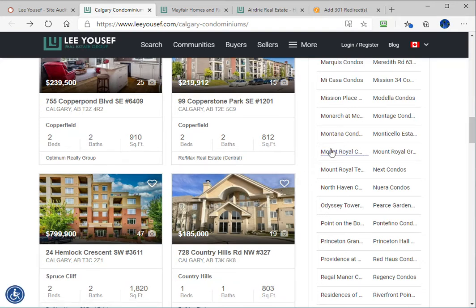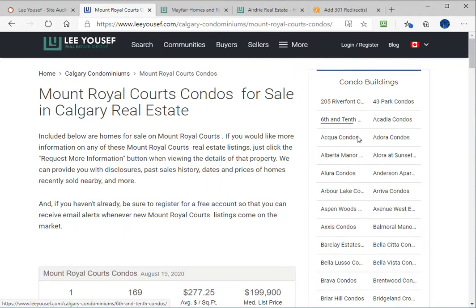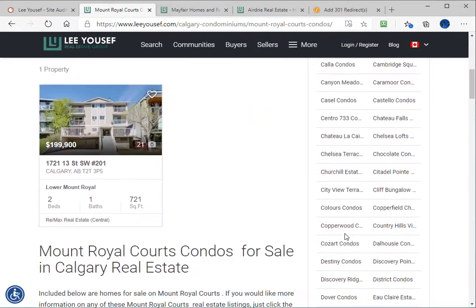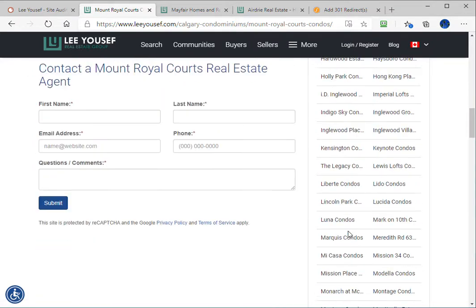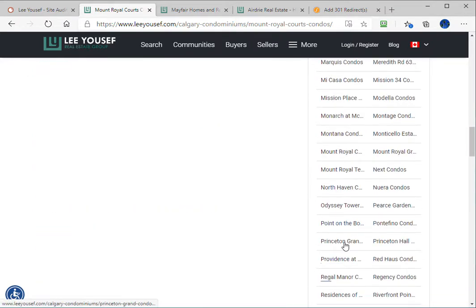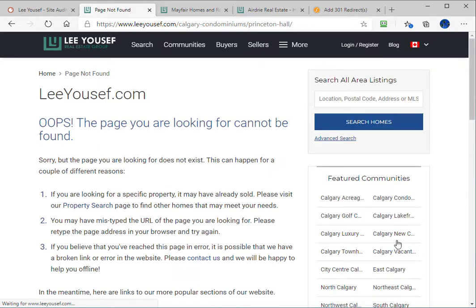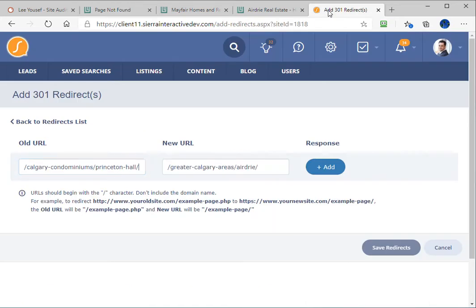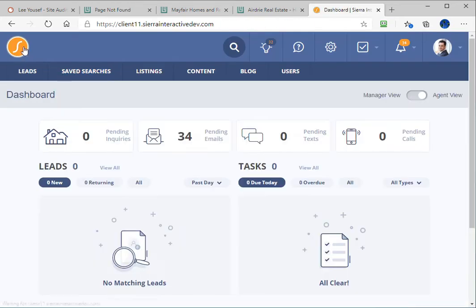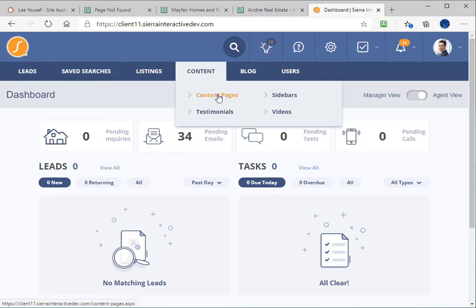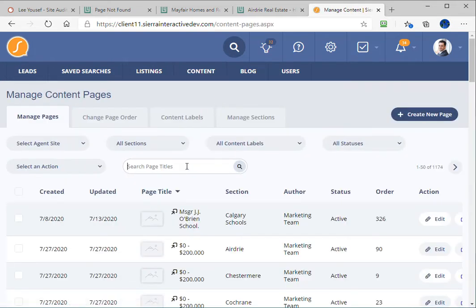Know that since Princeton Hall is on every single one of these, you are going to have exponentially a bunch of bad backlinks. So at the very beginning, what you could do is find out what page this should correctly be in the back end. I'm going to click back here, go into content, then content pages, and then I'm going to search for